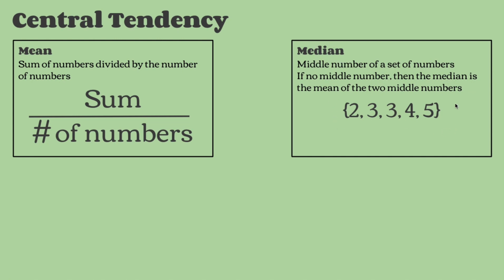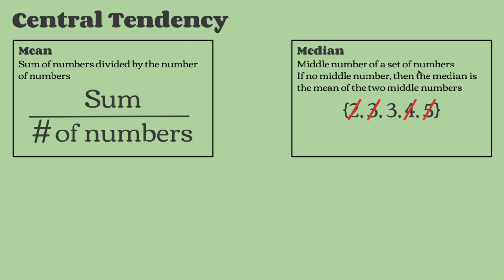So here we have a set of numbers, and we're going to find the median by crossing out the ends of the numbers on each side to get to the middle number, which is 3. If there is no middle number in a set, then the median is the mean of the